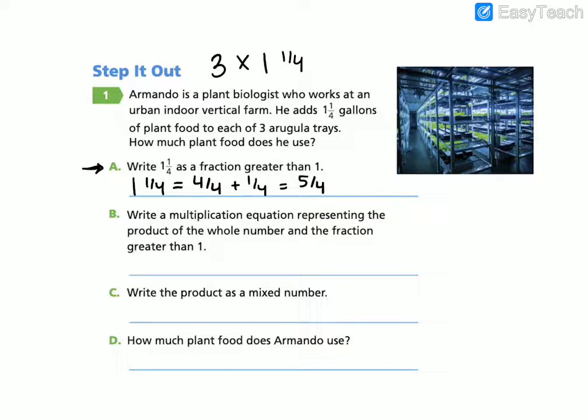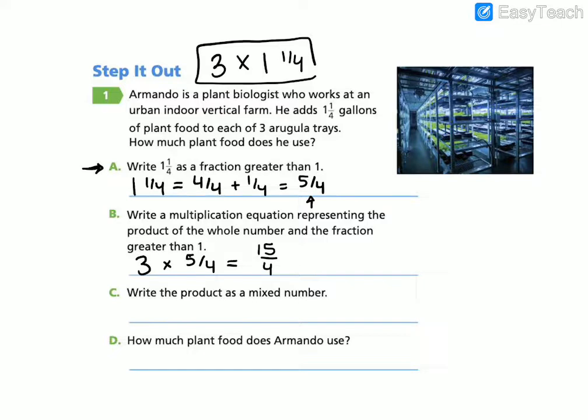So my fraction greater than 1 is 5/4. So now I'm going to rewrite this multiplication equation using my fraction greater than 1. Now I'm doing 3 times 5/4. And go ahead and solve. You should have found that this was equal to